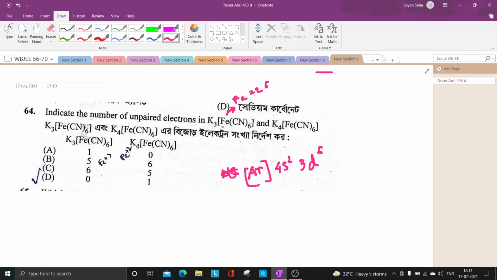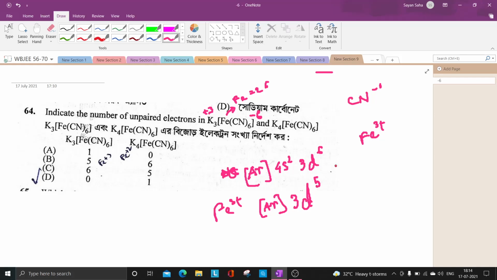But here you see CN is negatively charged, so CN's charge is -1, so total negative will be -6, and K is +3, so Fe must be in +3 state for neutrality of this compound. So Fe is in 3+. So what will be Fe3+? Fe3+ atomic configuration will be Ar and 3d5,